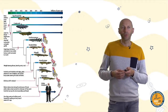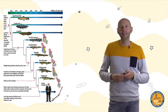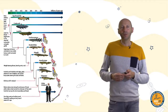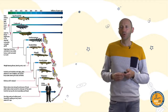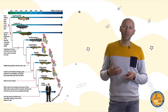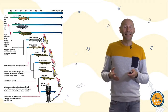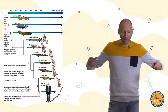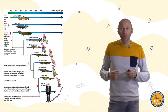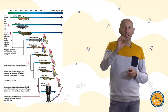The fish which are close to this natural group, this clade, is the lungfish, very peculiar fish known in Africa, in Amazonia, and in Australia. They have both breathing systems. They have gills and lungs, and they look like eels. They are very elongated with small fins, but if you look at the bones of these fins, you will see